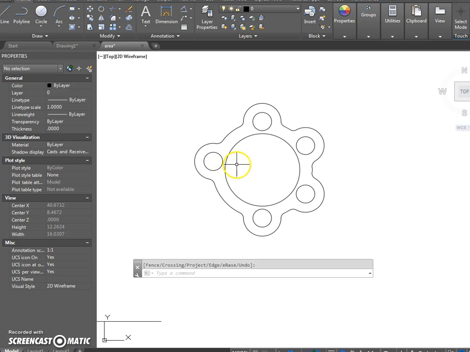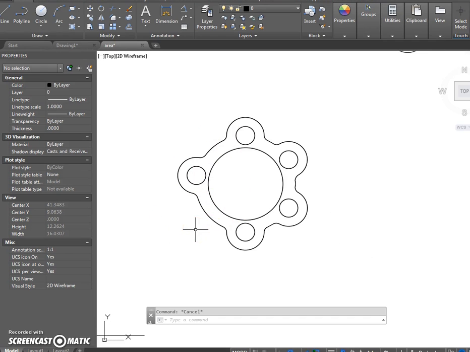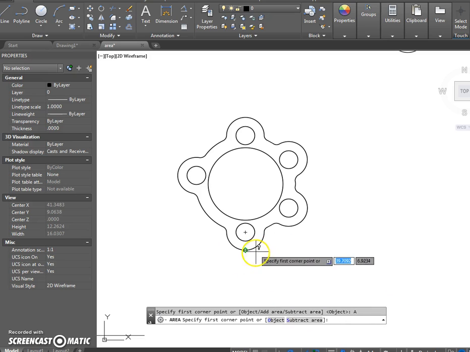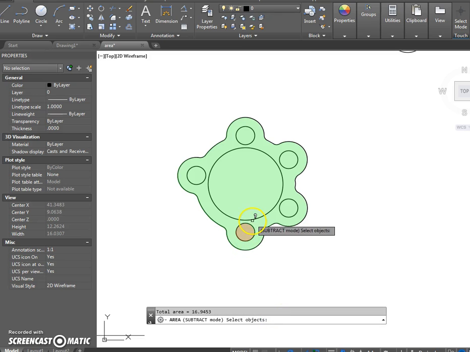So let's do this thing. Hopefully mine's correct. And now we just need to find the area, and then we're done. So we have to boundary this first. So pick points, choose here, press enter. And last thing we need to do is some subtraction here and find the area. So AA again, add, object, click this bad boy, press enter, subtract, object, click all the circles, make them go away, if you don't like them,